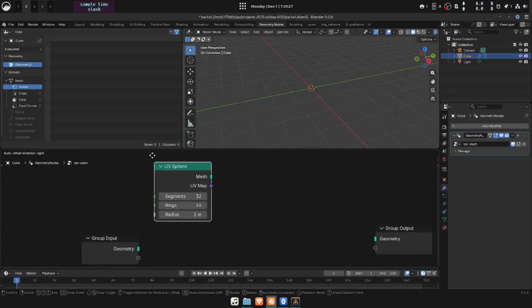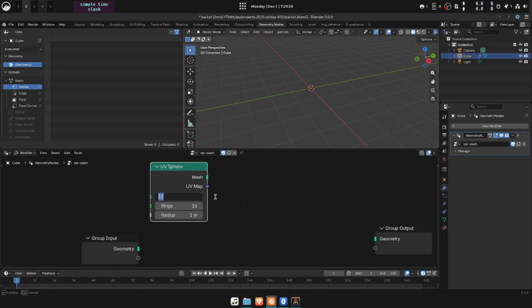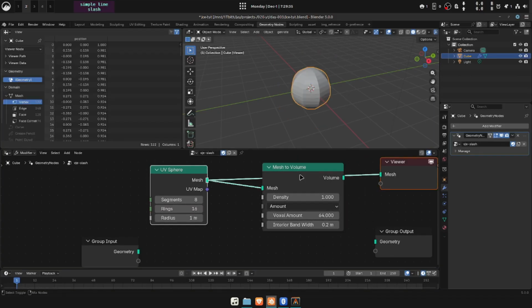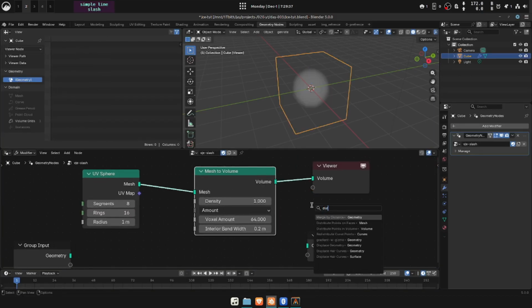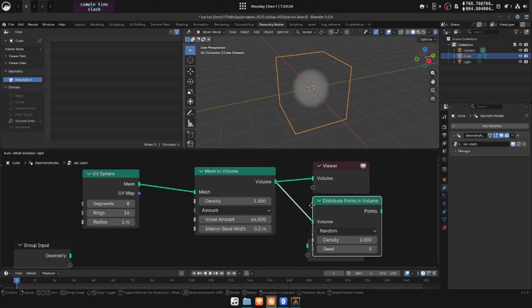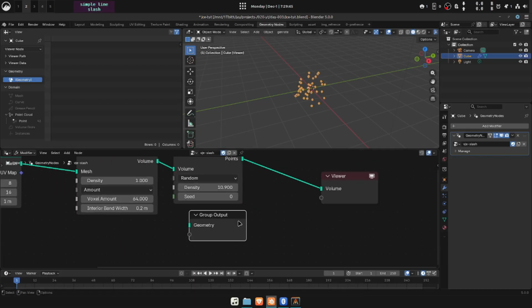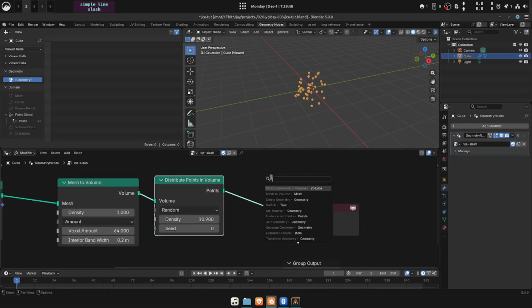The UV sphere, I can have a little fewer segments, then Mesh to Volume, just like this, and then Distribute Points in Volume and pick Random. I don't think the grid one works. Have a high density or something, and then